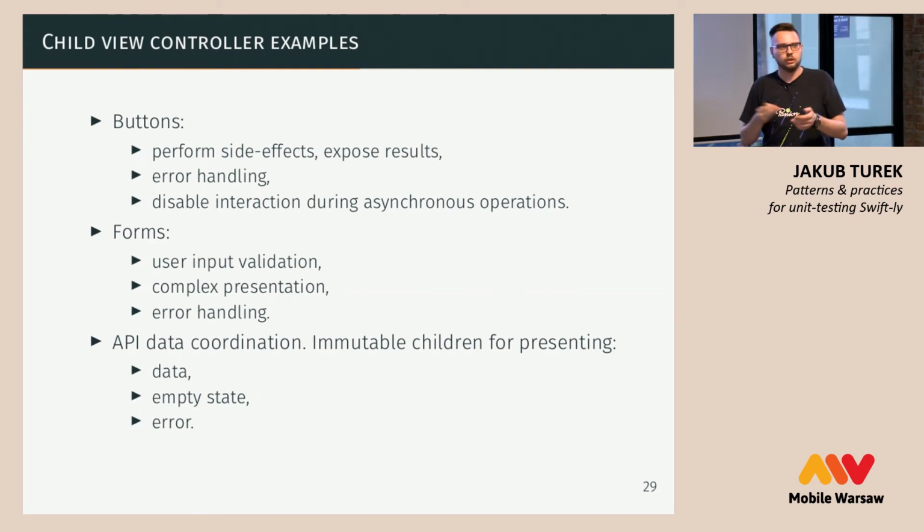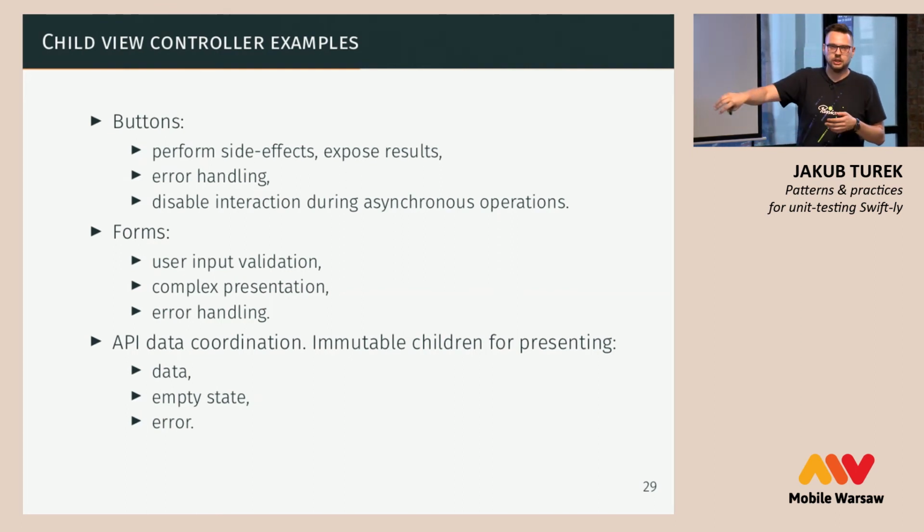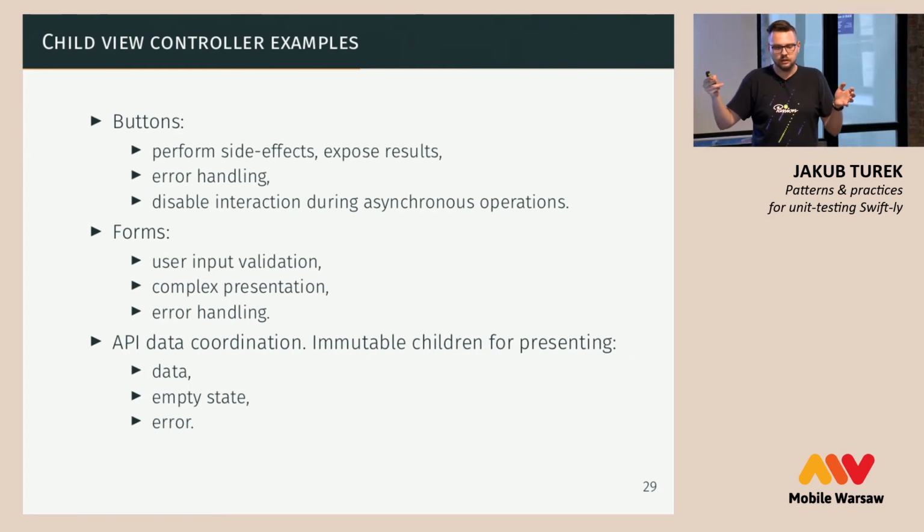It's typically really complex, so you can have this as a child and in a parent just do the networking calls and so on. And the third one is API data coordination. So imagine you have a parent controller, and it calls the API service to download the data. When you have this data, you need to make a decision. If the data is valid, you can display it in a child, which is immutable, so you inject the data